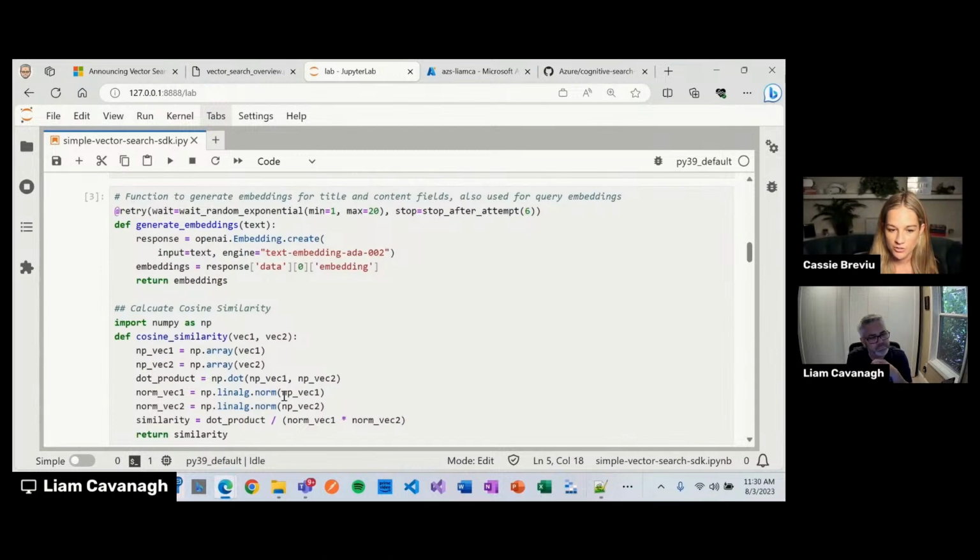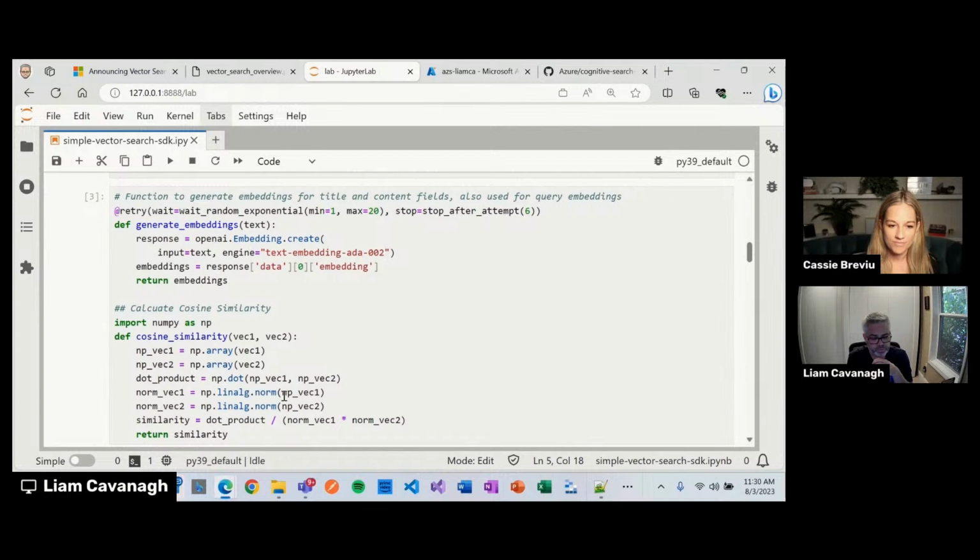So I see here in the engine, you said you're using an OpenAI model. What models are supported? Can I bring my own, or how do I choose which model to use when I'm doing my vector embeddings? Yeah, it's really up to you. You can use any model you like. We do find that the vast majority of our customers have been using this ada-002 model because it's so effective. It's so good over text.